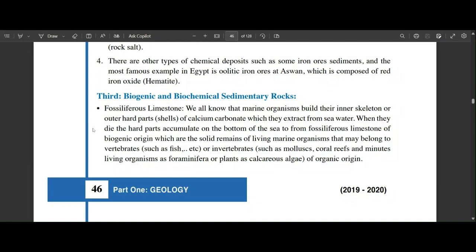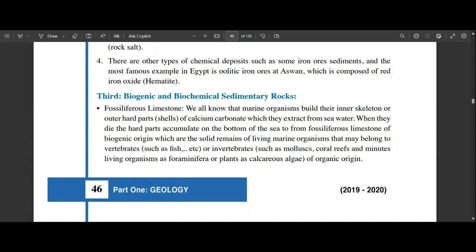Third, biogenic and biochemical sedimentary rocks. Fossiliferous limestone. We all know that marine organisms build their inner skeleton or outer hard parts, shells, of calcium carbonate which they extract from seawater. When they die, the hard parts accumulate on the bottom of the sea to form fossiliferous limestone of biogenic origin,